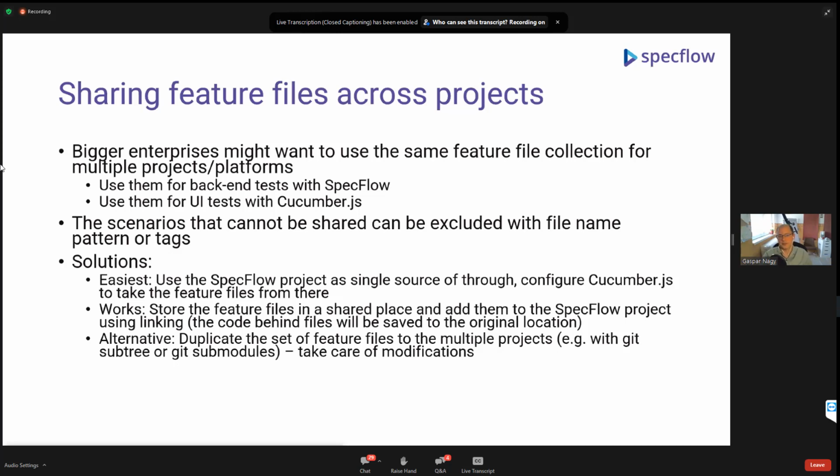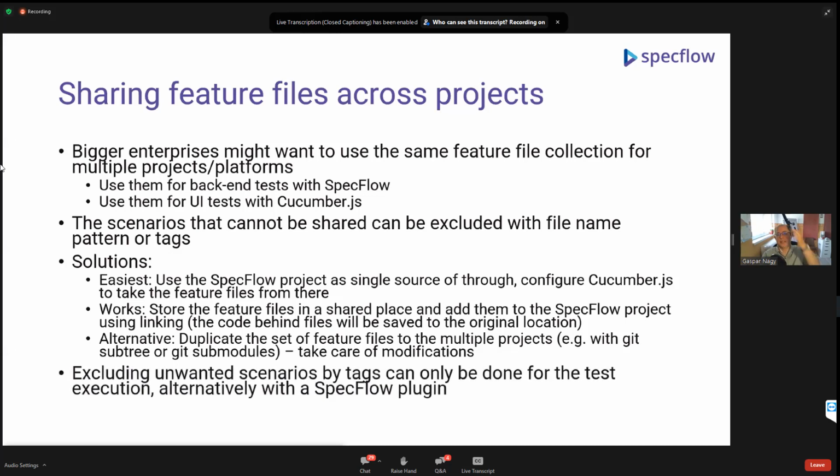But you can also use some Git magic, Git submodules, to share the feature files with multiple projects, especially if you have them in multiple Git repositories. So yeah, that's it. Again, we said that you can exclude scenarios that you don't want to run with that